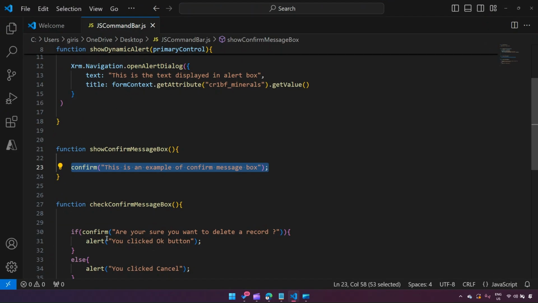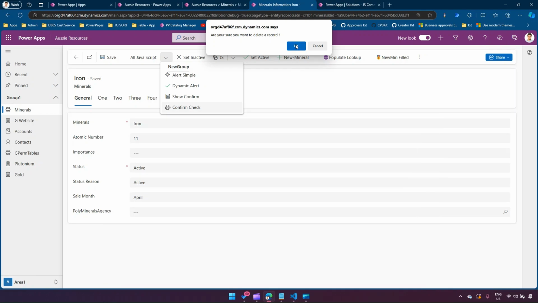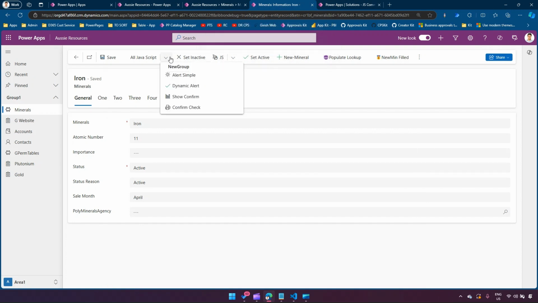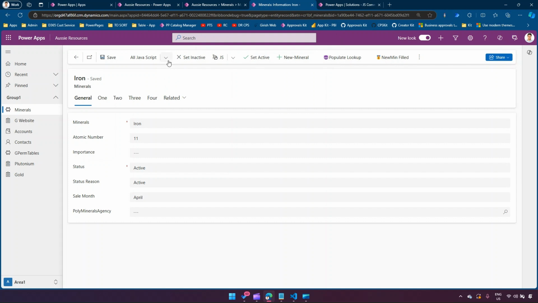You go into the code, you say if confirm, are you sure you want to delete a record? If you click yes, okay, you say you clicked OK button. If you click cancel, you clicked cancel. So I'll click OK and it'll say you clicked OK button. Now again, coming back here, all JavaScript, confirm check. Are you sure you want to delete a record? This time I'm going to hit cancel and you clicked cancel. So this is how you can render alert and confirm message box using